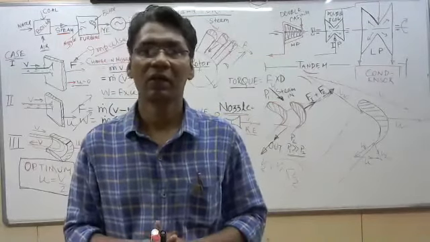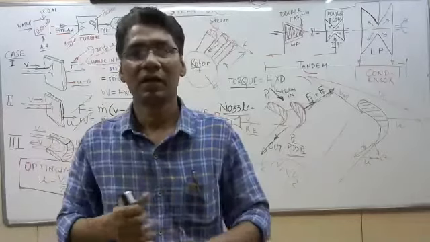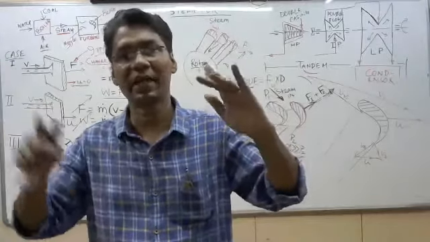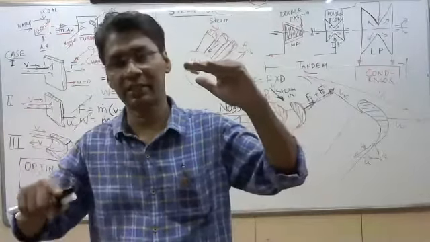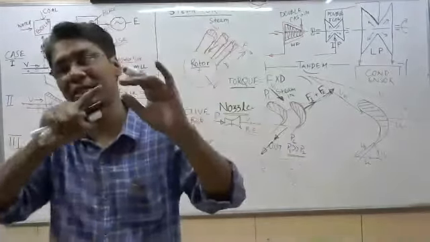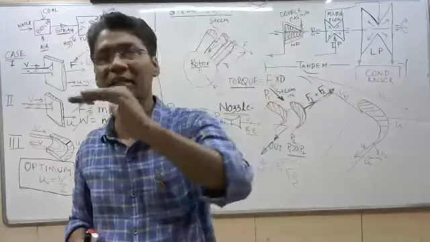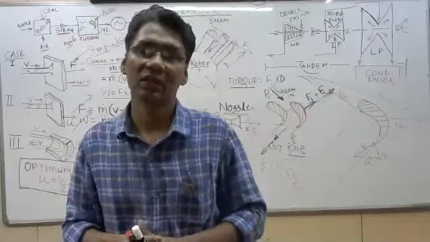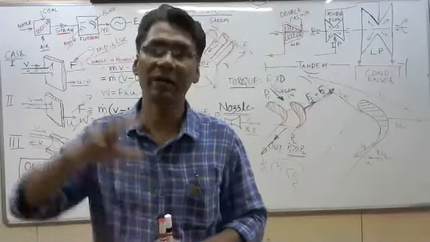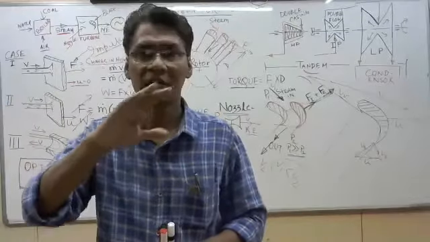Compounding. Compounding means, in other words, staging. We cannot expand steam in a single nozzle, because the velocity will become very high. We break it into different stages. We drop the pressure stage by stage in a multi-stage turbine. That is called compounding of a turbine. When pressure drops in different stages, it is called pressure compounding. So compounding of the turbine is for better utilization of steam and restriction of the steam velocity. We expand the steam step by step.